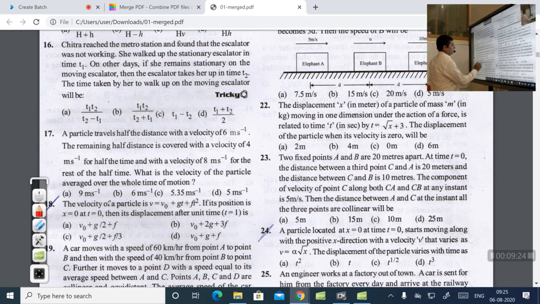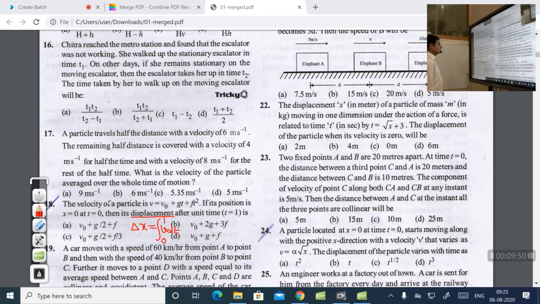Displacement, students. I told you that whenever you want to calculate displacement, we can calculate as delta x is equal to integral v dt, and then directly you can substitute the limits. After unit time is from 0 to 1, directly you can calculate. That is also we can calculate, or you can calculate x and then substitute t equal to 0 and t equal to 1. Like that also you can easily calculate.